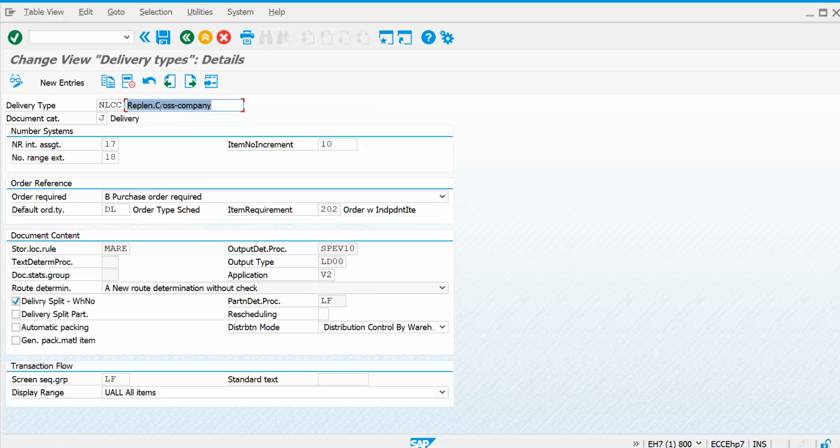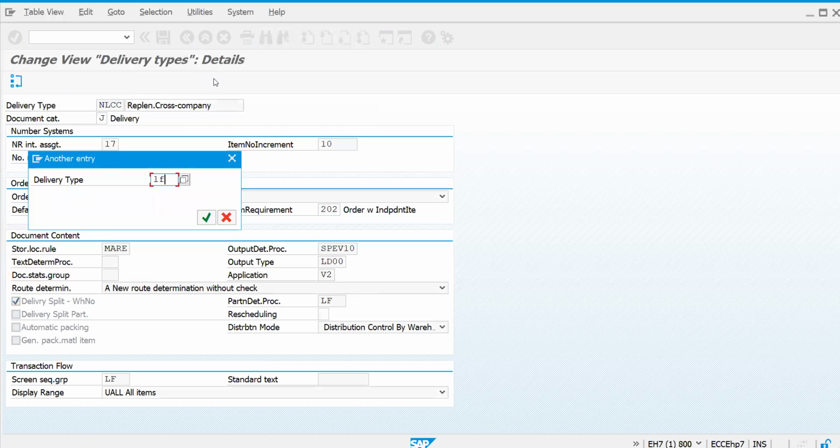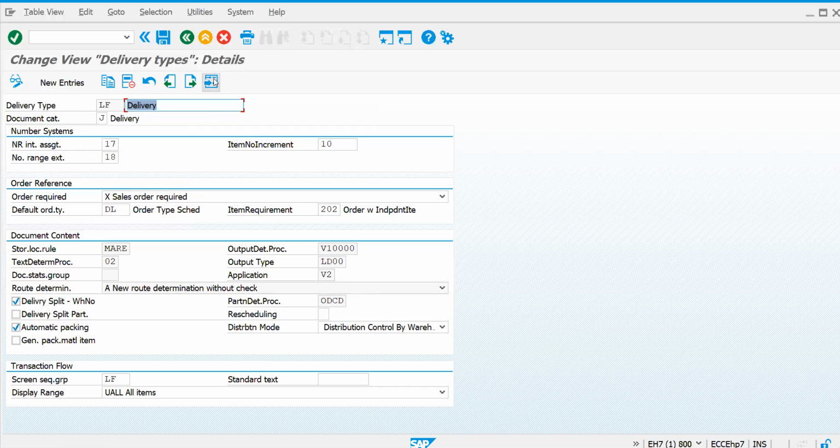If a transaction happens between two companies for stock transferring from two different plants of two unique company codes, in such cases this kind of delivery document type will be used. Okay, so now let's try to understand LF first. In further discussions, we will get into this space again and again to understand this concept.